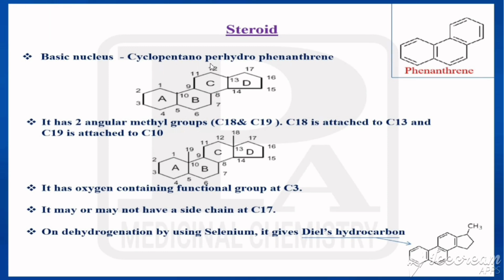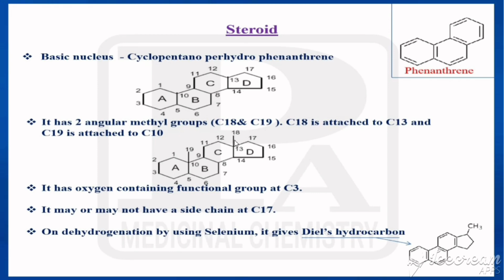cyclopentanoperhydrophenanthrene. What is meant by cyclopentanoperhydrophenanthrene? The fusion of these three rings can be called phenanthrene. If it is the saturated one, that can be called perhydrophenanthrene. What is meant by perhydro? That is fully saturated or completely saturated. So the first three rings fusion can be called perhydrophenanthrene, and that one is fused with cyclopentane. So totally it can be called